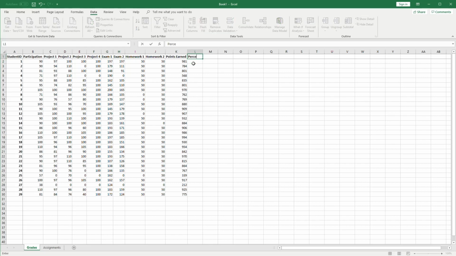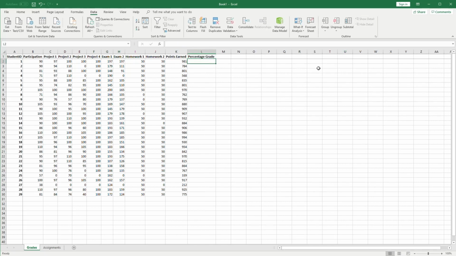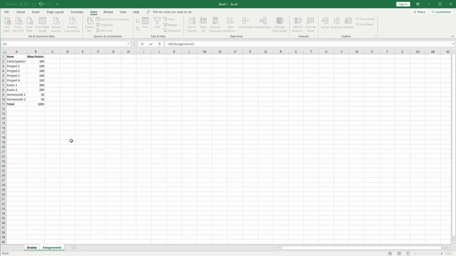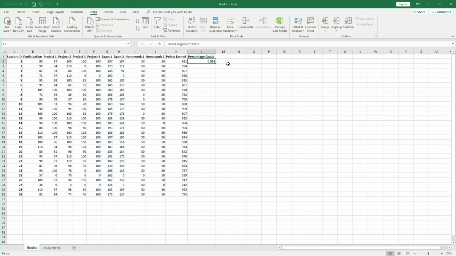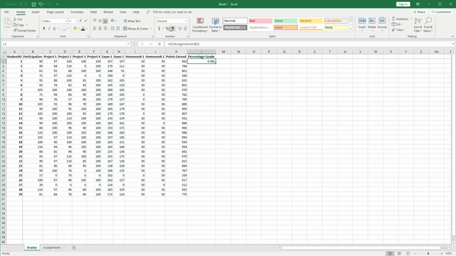So I'll put in percentage grade and make that column wide. Now, if I type a formula in here that says equals this cell divided by this total number and press enter, it tells me their percentage grade as a fraction of 1. So we probably have to go back to the Home tab, use the percent option here to turn that into a percentage formatted value. So this is great. What we've got is the student's 981 points being divided by the total on the assignments tab